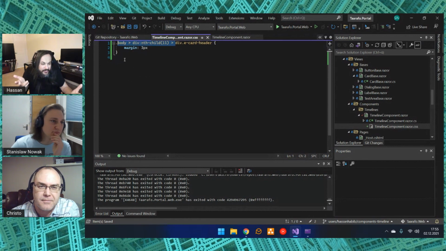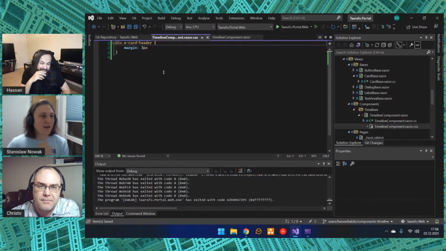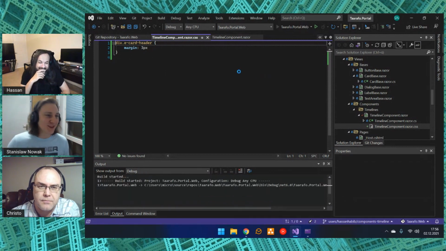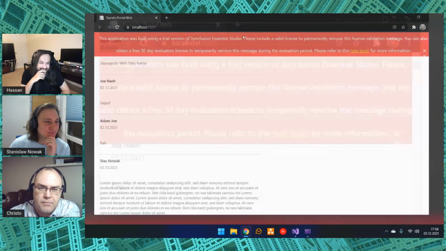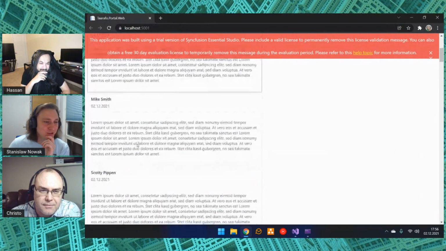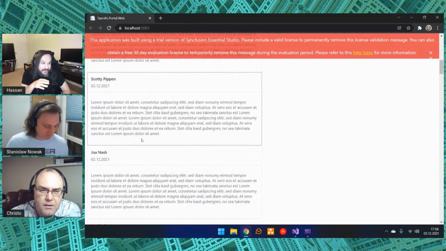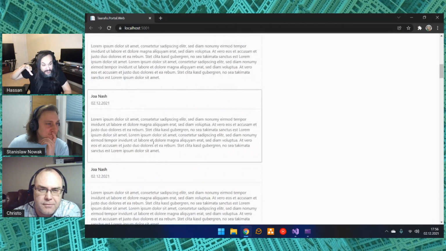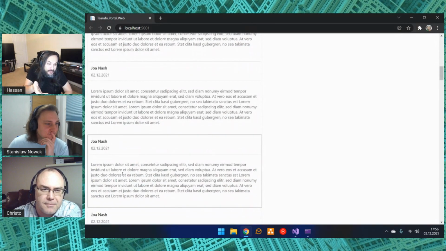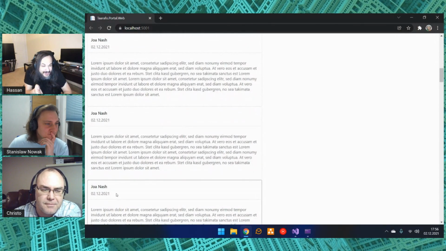Do you think that would work for us, with the little card and the text in it or anything at all? Yeah, it looks nice. We're trying to do the margin, but I'm not a UI guy, so it's pretty hard to find out how we separate those cards. That's the thing about Blazor though. See, so Stanislav is a heavy back-end guy, and he just developed his own timeline from